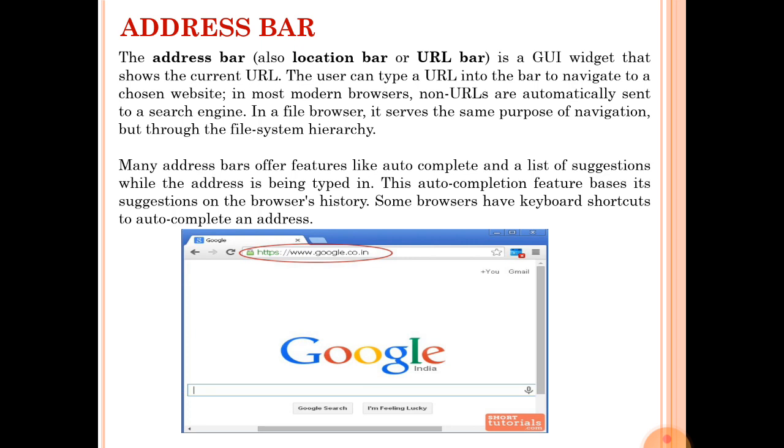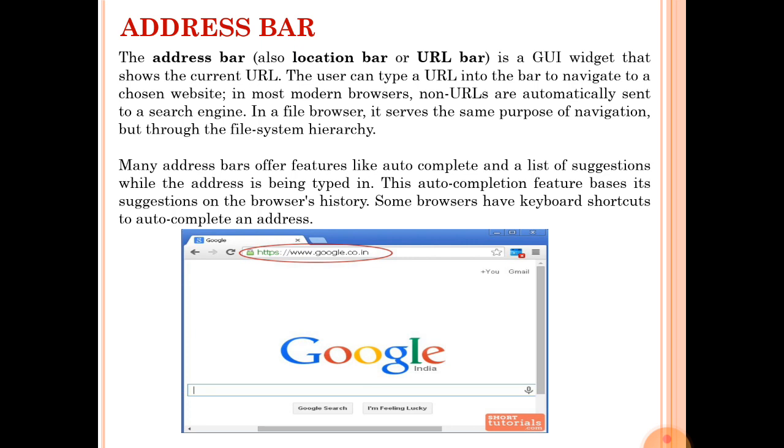Many address bars offer features like autocomplete, a list of suggestions. Most browsers, when the user writes the URL or address of a web page or website, automatically show some suggestions. So many address bars offer features like autocomplete, a list of suggestions while the address is being typed.